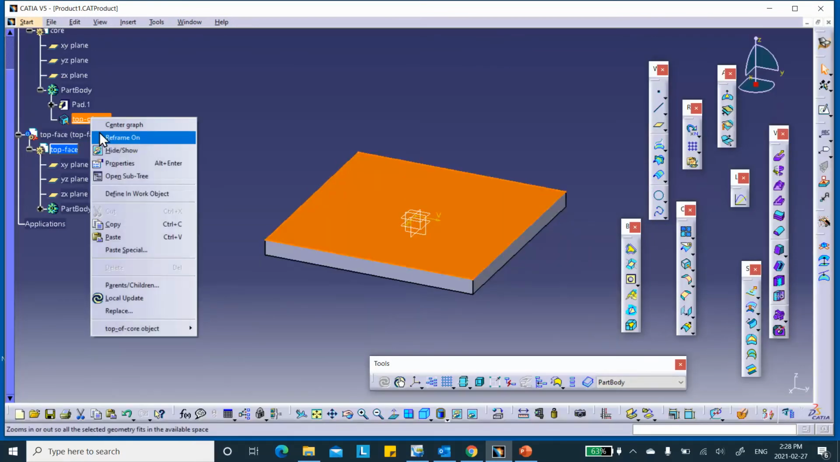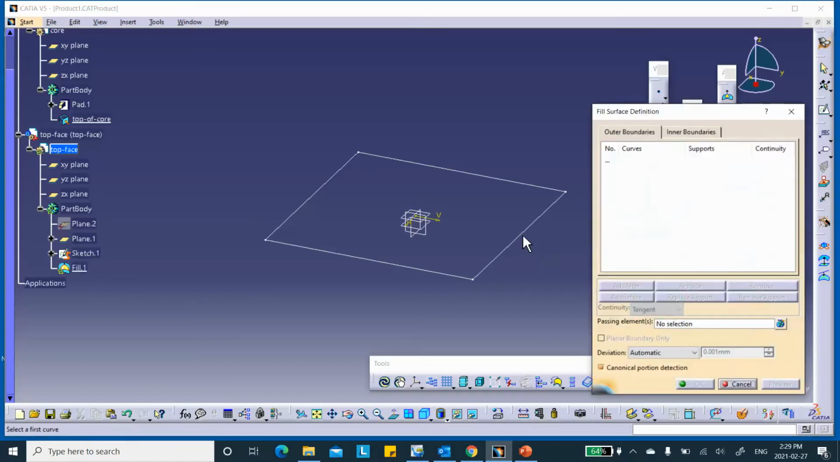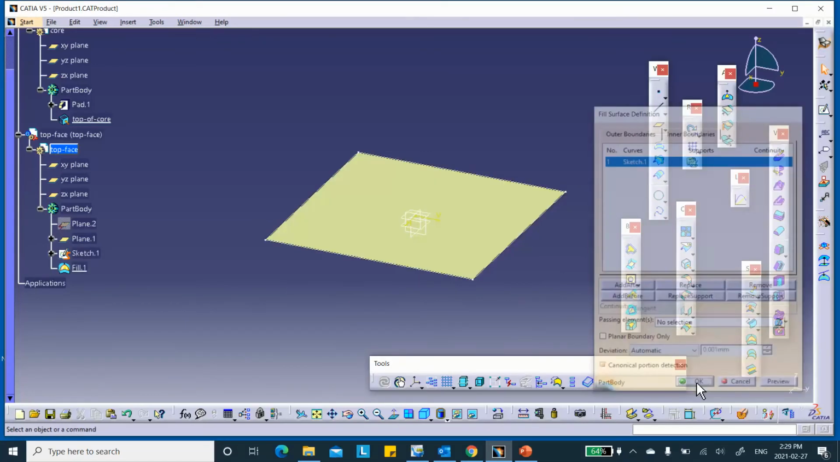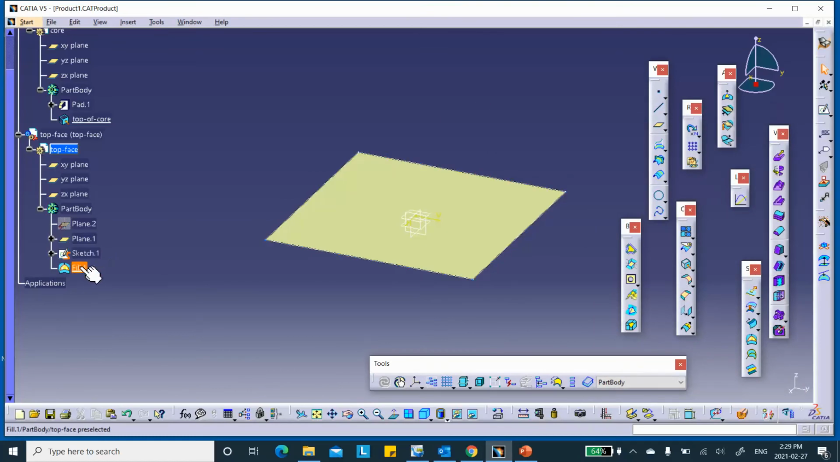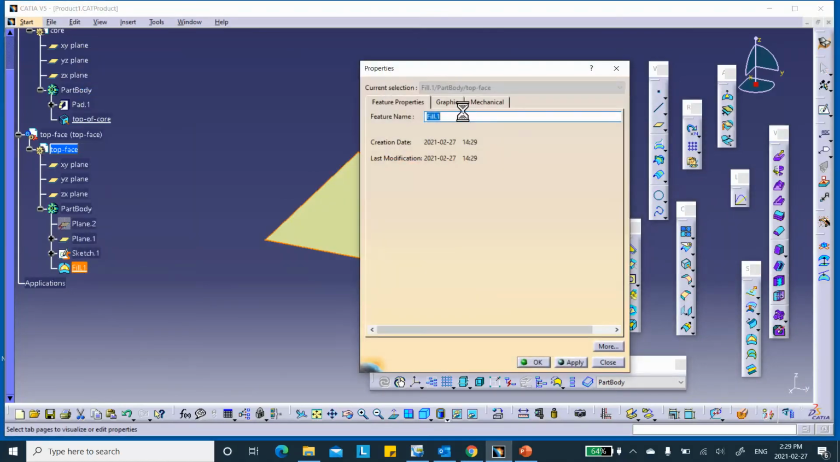Now let me hide this surface for you, the orange one. Okay, there we are. This is the sketch that I created, and did I call it top face? Yeah, good. So all right, put a surface through it, fill, right there. Okay, so this is going to be the top one. Properties. This is going to be top,